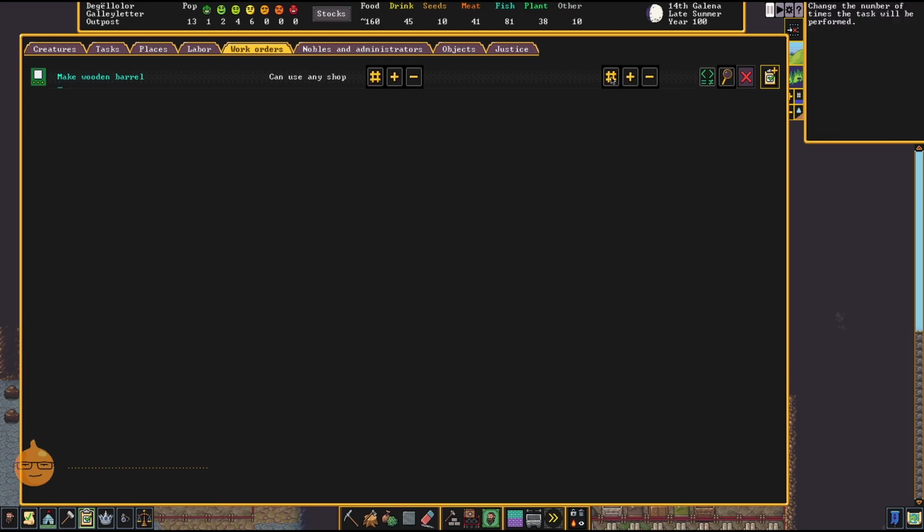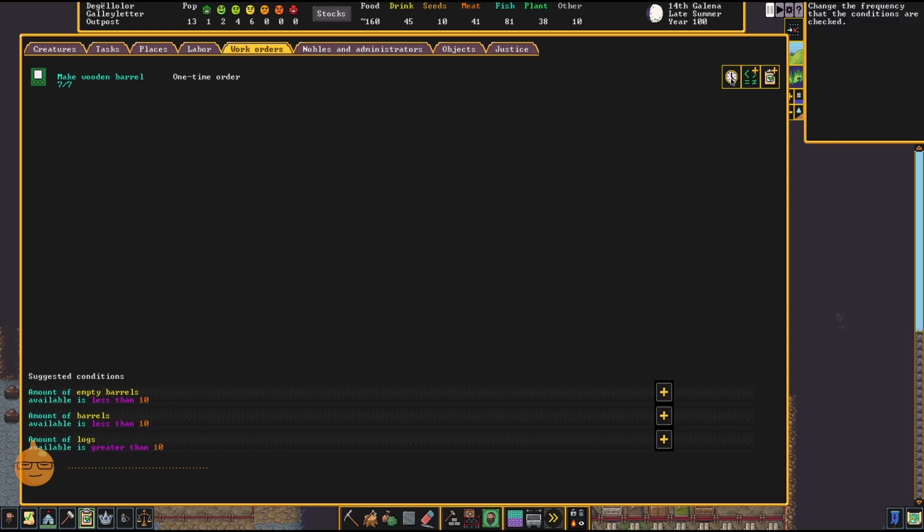I will input now a fairly low number that represents the fact that I only have a population of 13. I don't really need 1,000 drinks at hand, okay? So I will write in here, make 7 wooden barrels, but when and why? So click on the green icon and I will say, this is not a one-time order, click on the clock